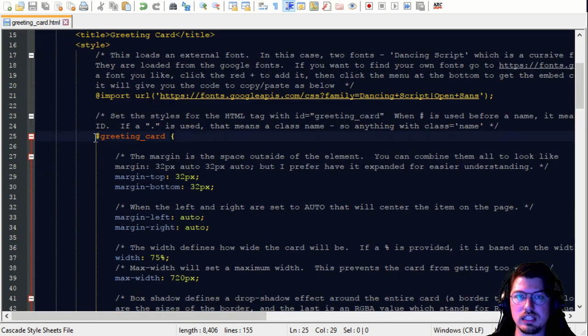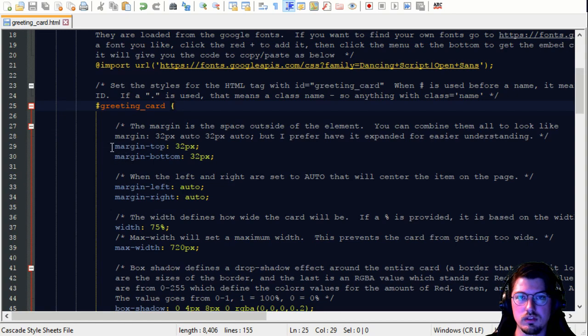So the first selector. In CSS, the way it works is you have selectors and styles. Selectors do exactly what they sound like. They select something, and the styles style that thing. In this case, we are using the pound or hashtag greeting card. So this says anything with the ID of greeting card is going to have these styles. The style I've put in is margin top and margin bottom, setting them to 32